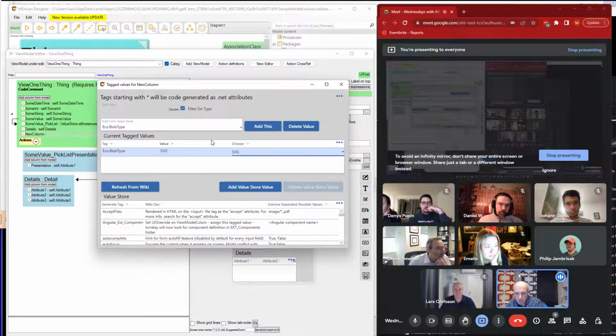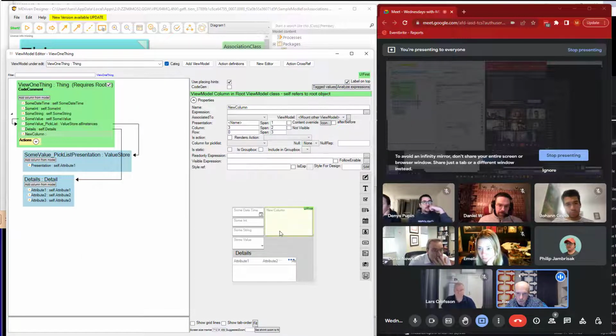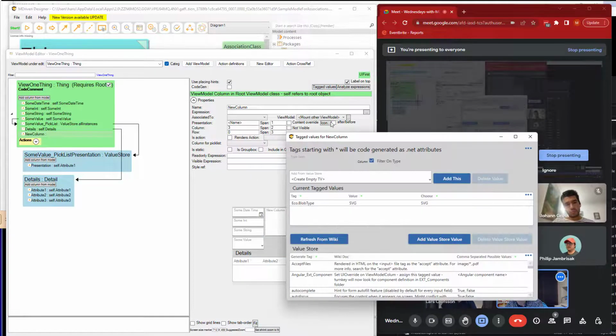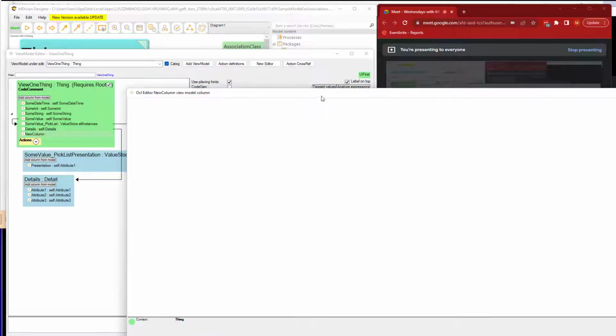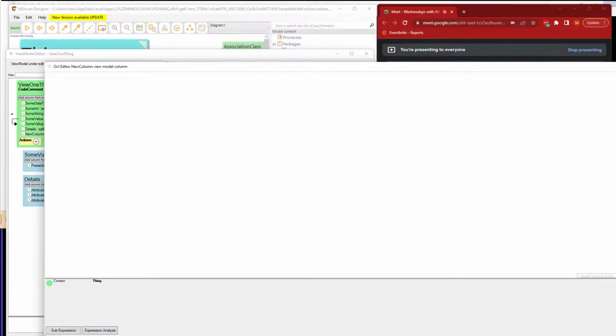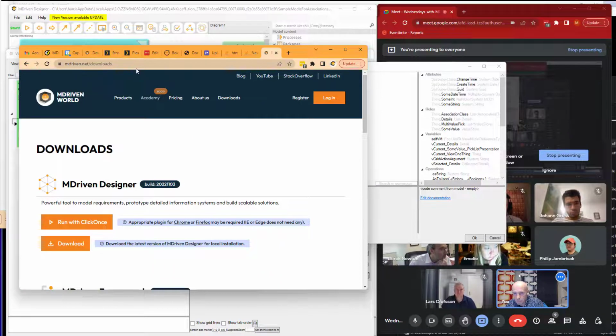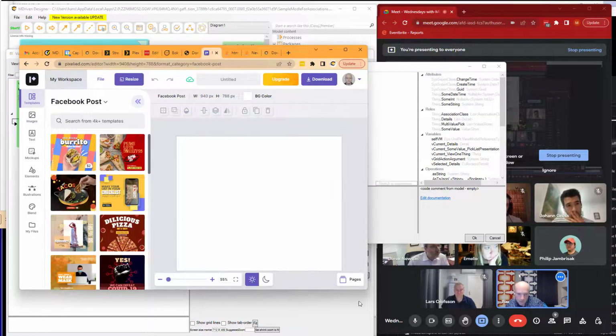as we classify this new column with the tagged value blob type set to SVG, we should maybe see some change here. At least I thought so. Having that possibility, you can then find the SVG data, and there's plenty of it online. I found this